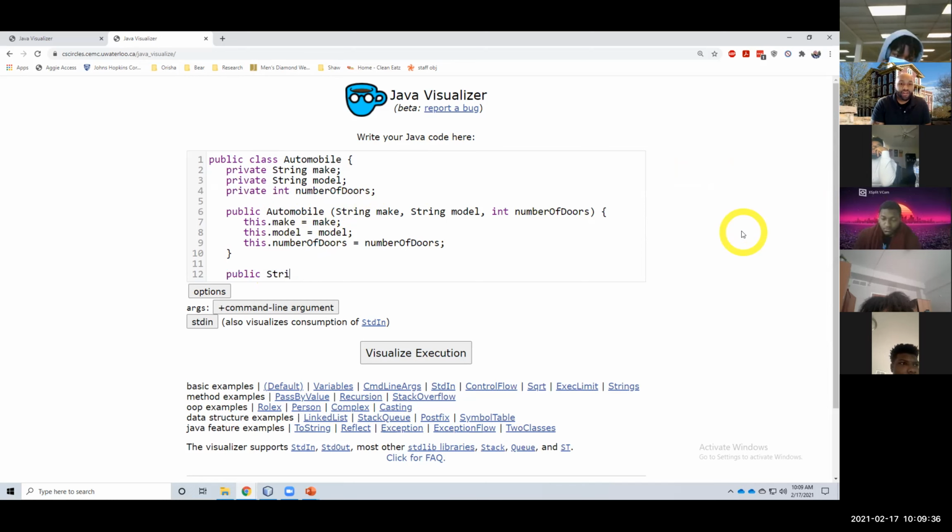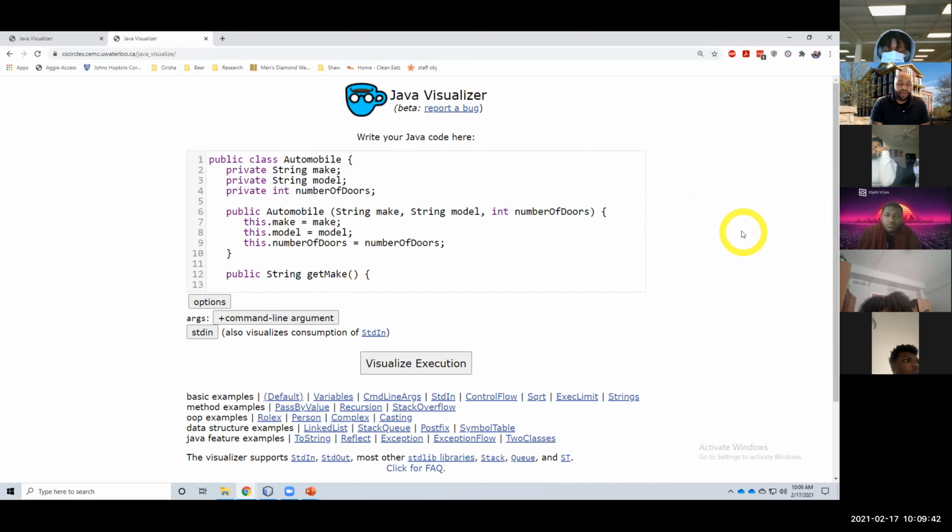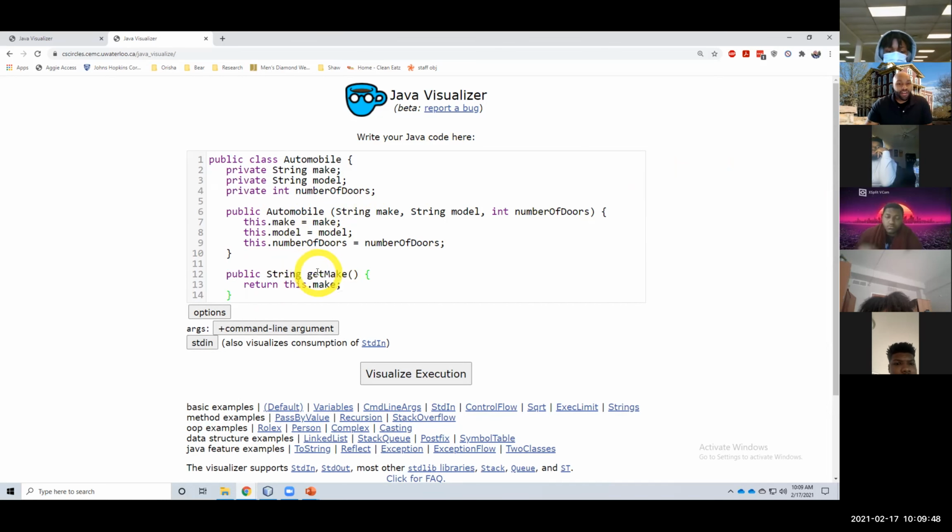So public String getMake. And all of our getters and setters should be public. Return this.make, right? So this is a getter for the make of the automobile, and I'm just returning this.make. That way I can call getMake and I get Ford, Chevy, Honda, whatever it is